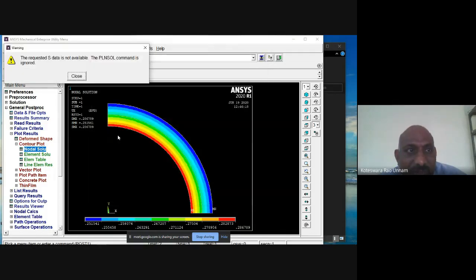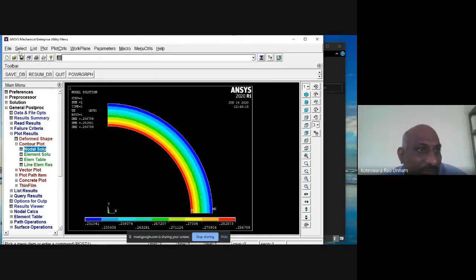So here it is not plotting. There may be some problem with this laptop, which is why it is not showing the result values here. Anyway, once you have done that, then we want to plot the values also. For that, what I need to do is